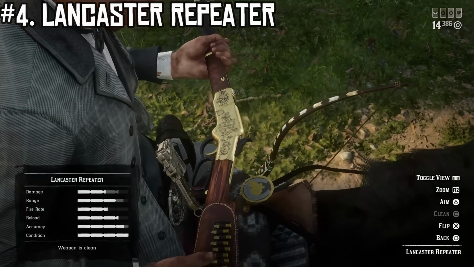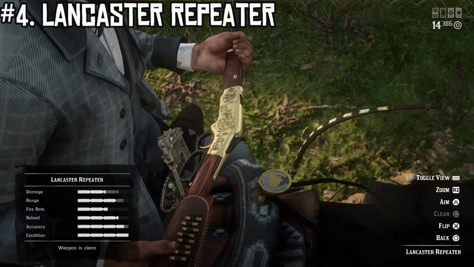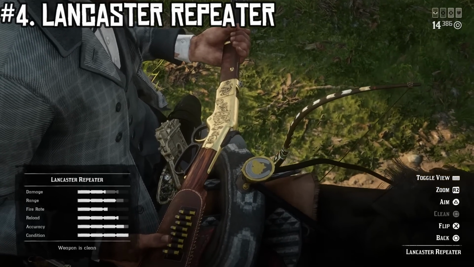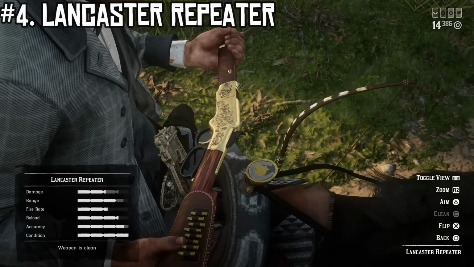The only point of contention here was that mathematically speaking, the Evans repeater is actually superior to it because it holds more rounds, has about the same accuracy, maybe just slightly worse. Those stats together just give it a much higher DPS than the LANCASTER repeater. That being said, and even though I agree that the Evans is a superior weapon when you're just looking at the numbers, I actually also prefer the